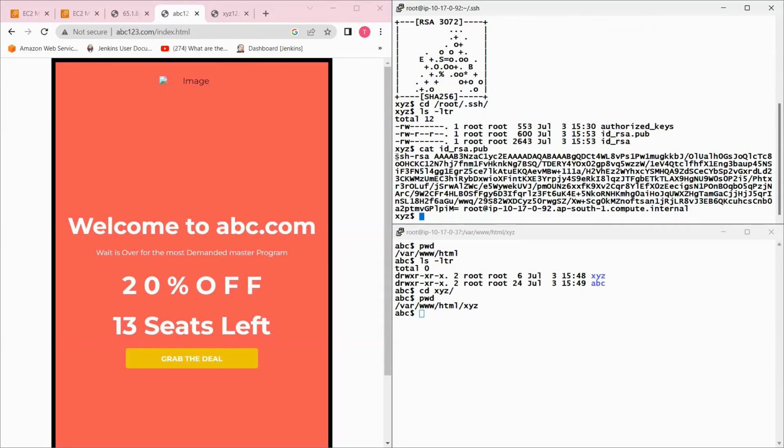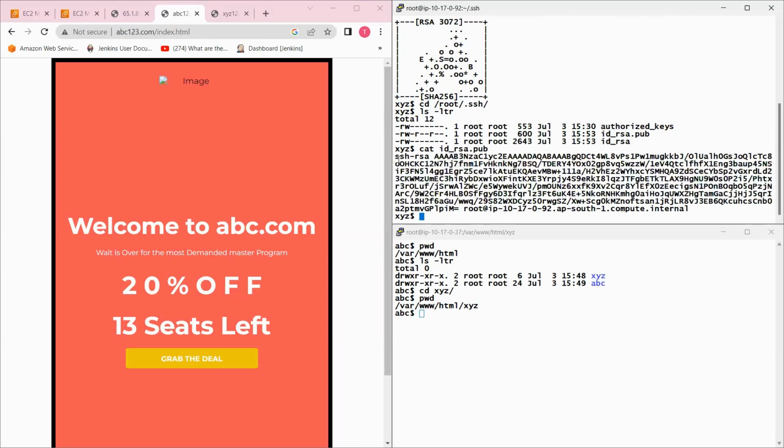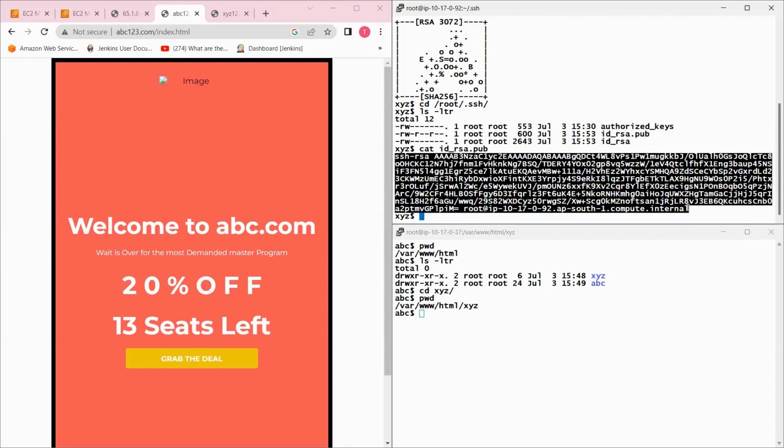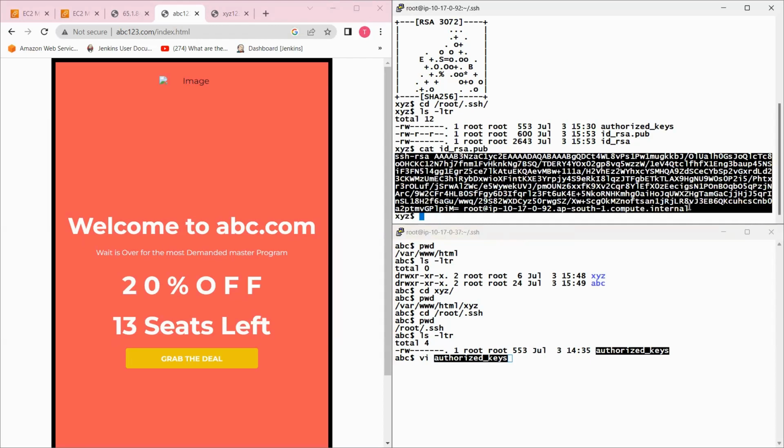From where? From the source, because you have to copy from XYZ to ABC. So you copy the public key from source and go to the target. In the target, you have to go to the same location, like /root/.ssh. Inside this folder you will go and find a file called authorized_keys. So open this authorized_keys, okay, and copy this whole thing there. Okay, public key. Copy this public key, then come here in authorized_keys, enter,